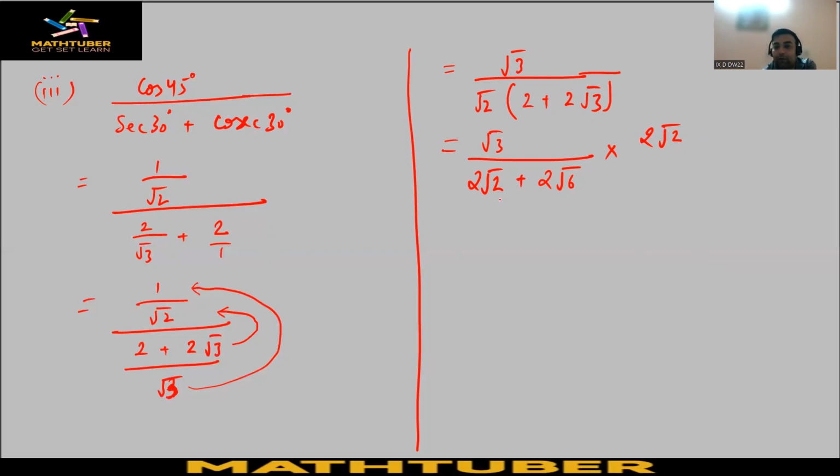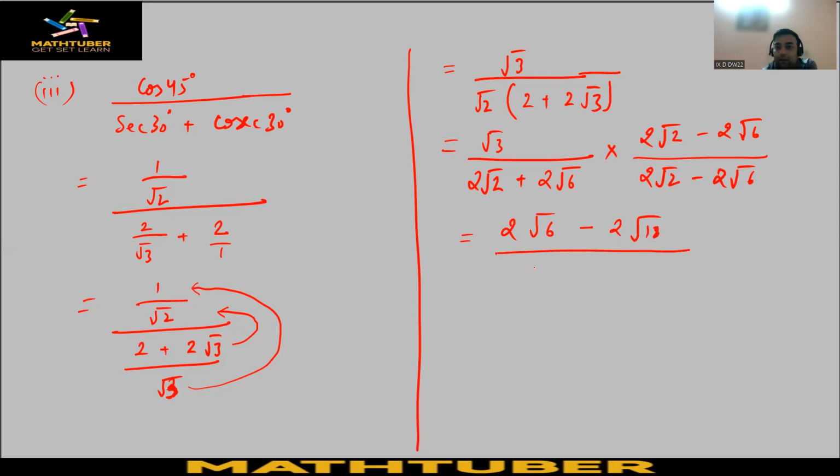So what we have to do for rationalizing, we have to write down the same numbers here, but the sign in between them will get changed. So you have to multiply and divide the whole fraction with 2 root 2 minus 2 root 6. So the numerator will become, if we multiply it with root 3, you will get 2 root 6 here. Then you will get here 2 root 18